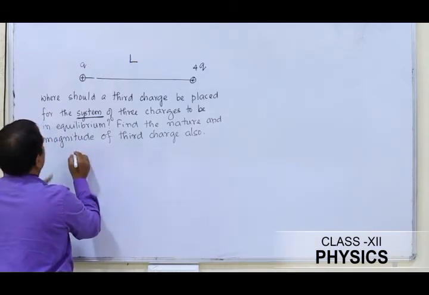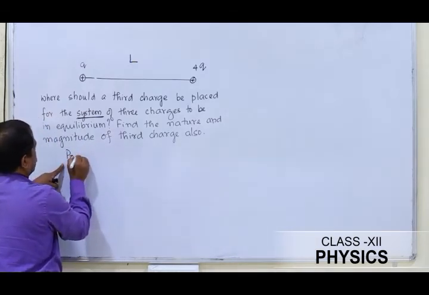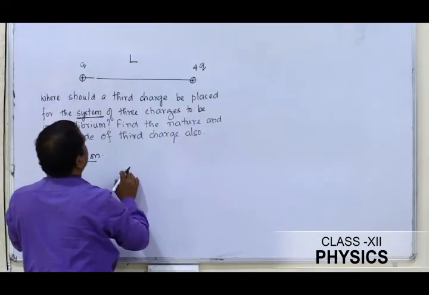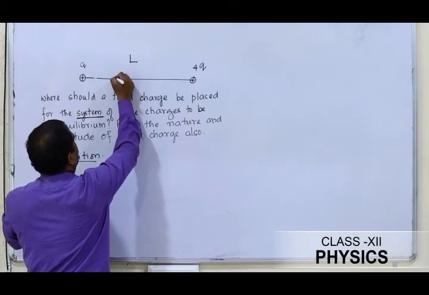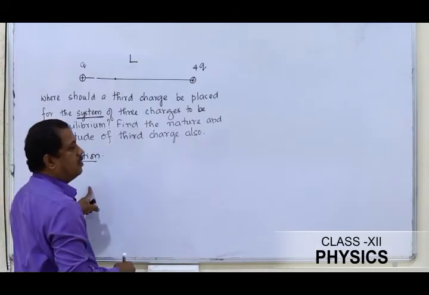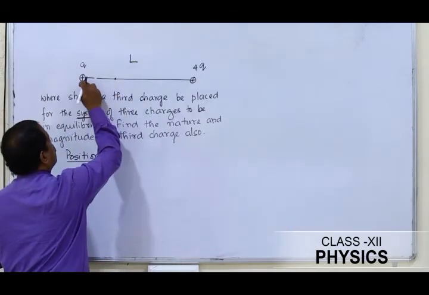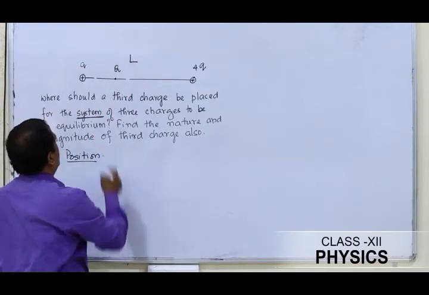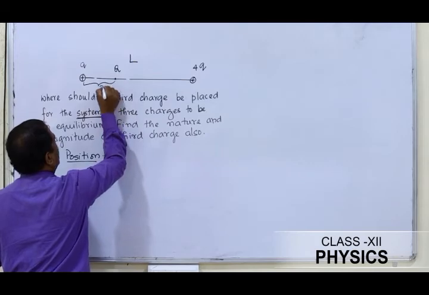So to find the position, we know that the two charges are of same sign. Definitely we are going to get a point in between the two charges. Also, we know that the position will be closer to the charge of smaller magnitude, and let us put it this way, this is the charge. And let us say this distance is x.